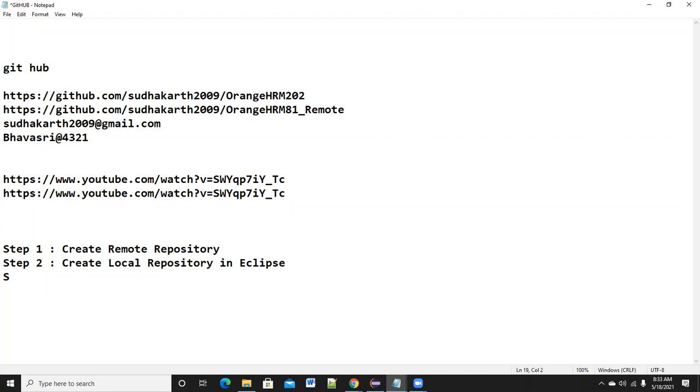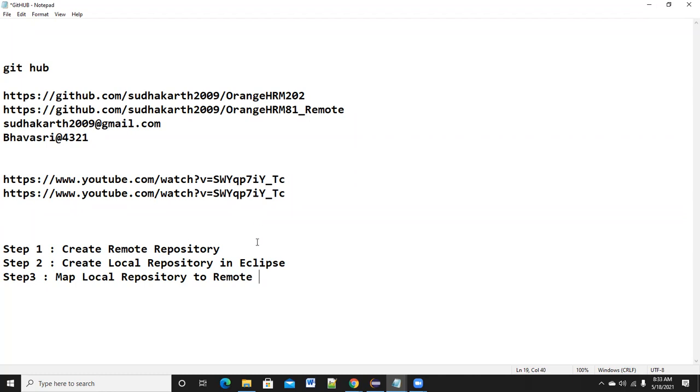Step three, map the local repository to the remote repository. That's it. So these are the three things we have to do.